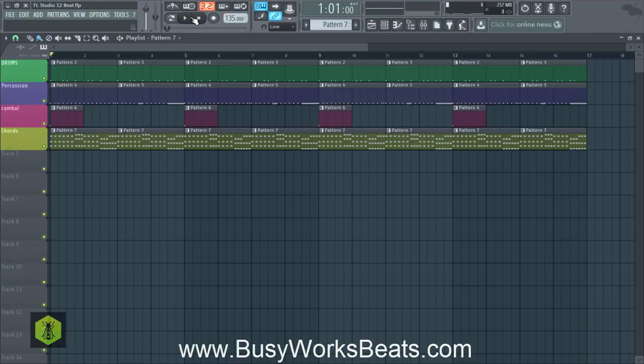So some people might say, okay, that sounds like a great chord progression, but it sounds repetitive. So this is for the people who think that's repetitive. Okay, what we're going to do is add what's called a bass tone or a bass root note.